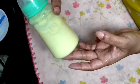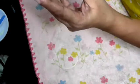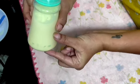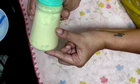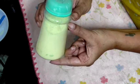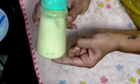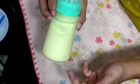And yeah, he finishes this whole bottle now. I've lost the measurement on this bottle, but this was how much he had started drinking, and I used to give him 4 feeds of that, and then it came up to here, and now it's a whole bottle at one time. He drinks 3 to 4 bottles every day, and 3 bottles and one meal